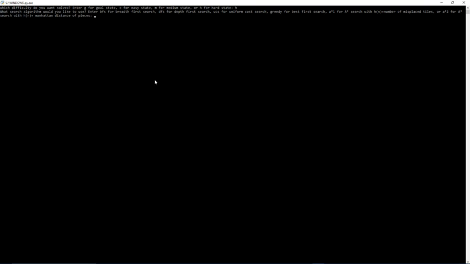Then it's going to pop up with another prompt: which search algorithm would you like to use? Enter BFS for breadth first search, which is a type of algorithm that searches by all actions available, and then from there, for each action it searches through those actions and uses a sort of queue in order to go through each one. You'll type DFS for depth first search, which picks one action from every